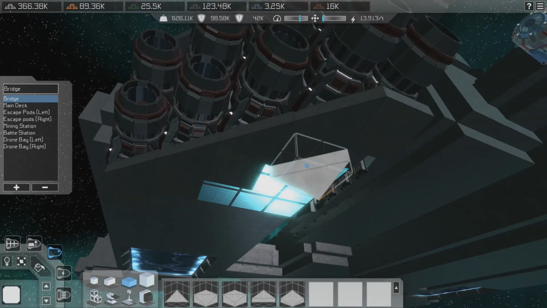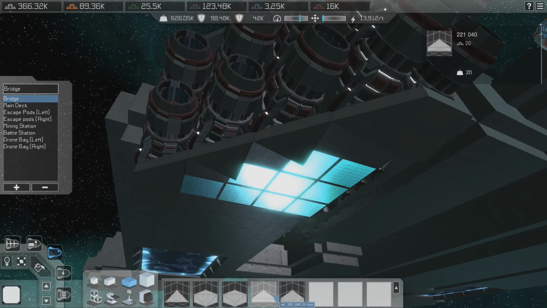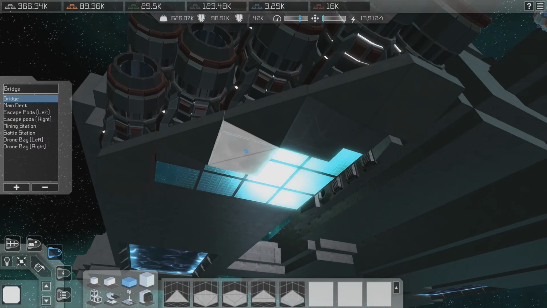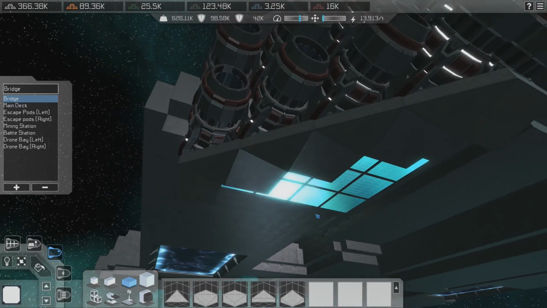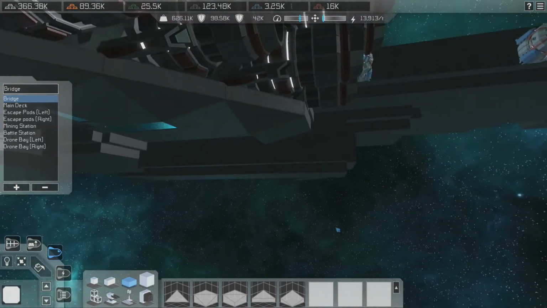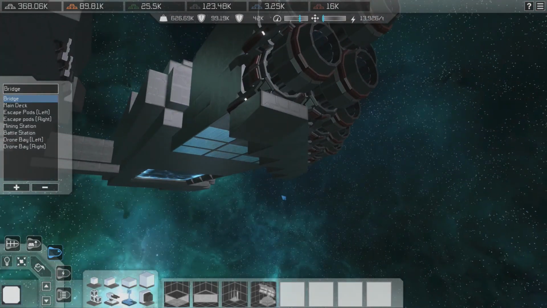Then I'm gonna remove that one and put this one instead. I'm gonna go and do that same thing on the other side. Alright, so now